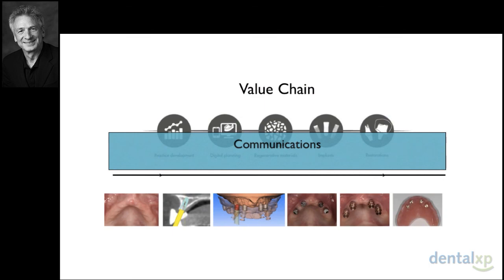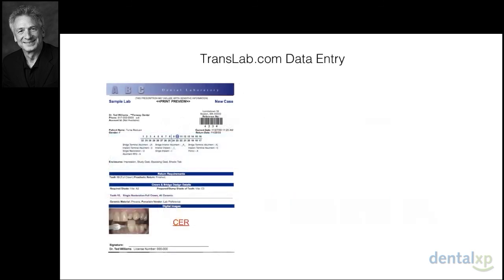So as you look at this value chain, the one thing that you often see that's missing is a link for communication. And in our practice, we use something called translab data entry. Basically, this is a service which helps us to manage our laboratory work with guided data entry, collaboration, and secure